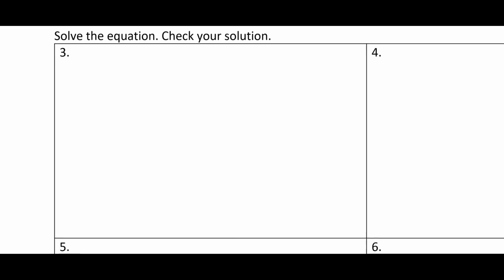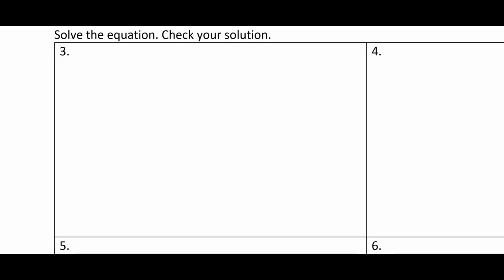In this next section of our notes, we're going to just solve the equation. So number 3 is going to be 3 plus 4 times x plus 6 equals 31. Some people are tempted to add 3 plus 4 first. However, this would be an incorrect step because remember, we have to take care of grouping symbols and multiplication before